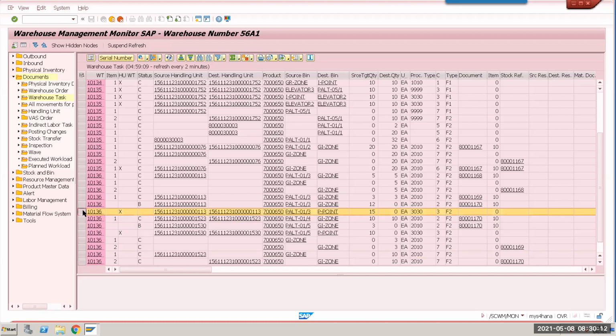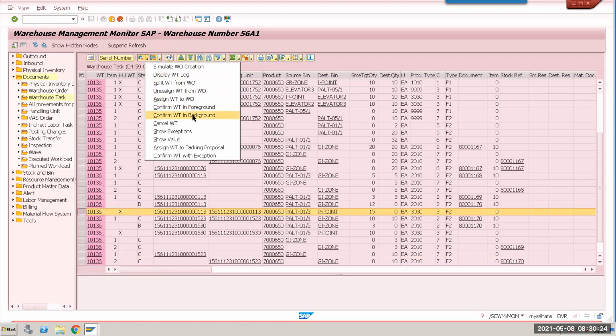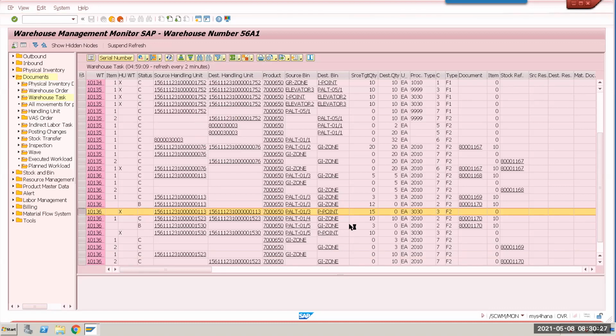This is the 10. 15 is coming over here, and of that, 12 is going to the GI zone. Total 15 has come to the pick point now because it is partial.